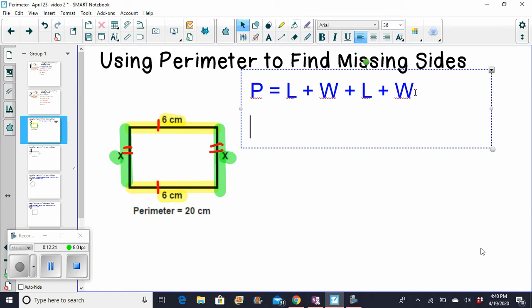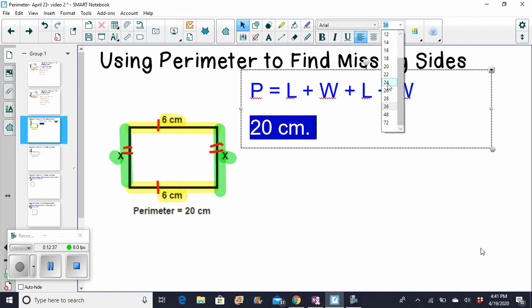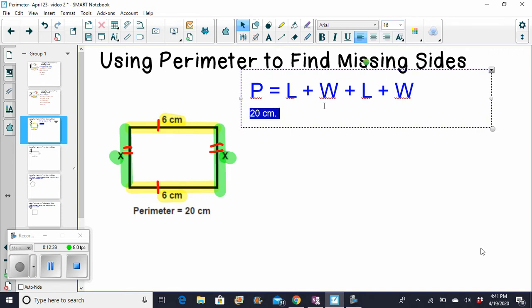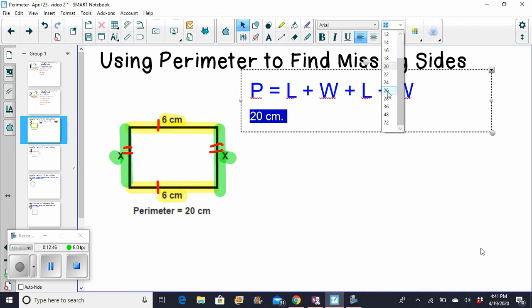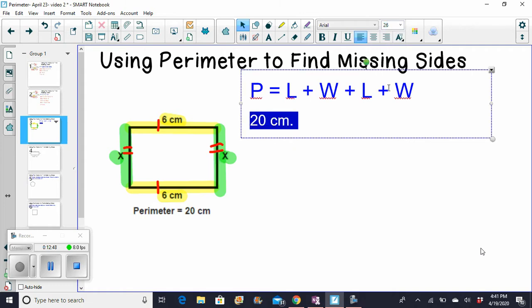values. Now, I know that the P for perimeter, I know that the perimeter of this particular rectangle is 20 cms. That would be centimeters. Oh, I better make this smaller to fit everything. 20 centimeters. All right. Then, whoa, that is very small. Let's go a little bit bigger here. The next thing I'm going to plug in, I have measurements for my lengths, and those lengths are 6 centimeters